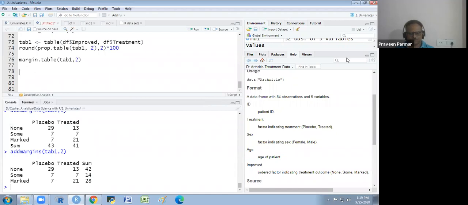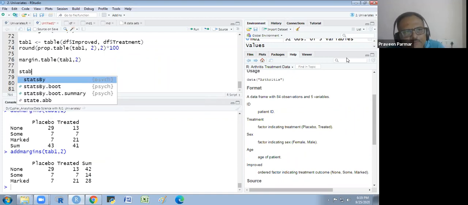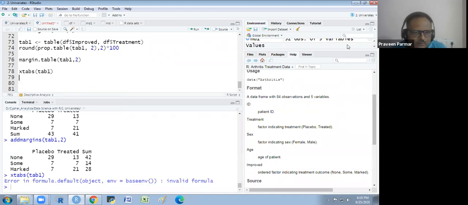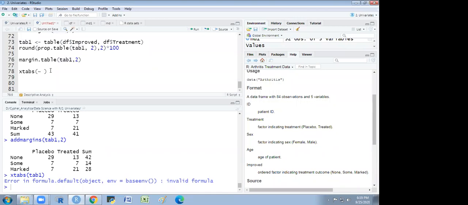I will show you some xtabs and the ftable. I'm using xtabs, and here I will use tab 1, which you already know. Oh, I will get an error here. Okay, I have to use the tilde sign here. Tilde, then I will write placebo